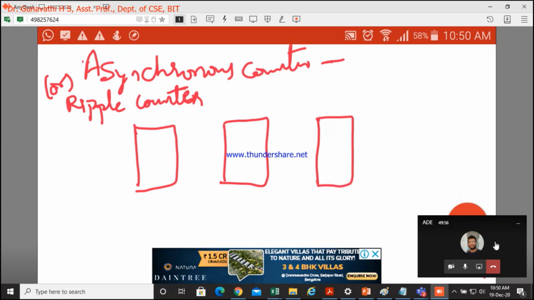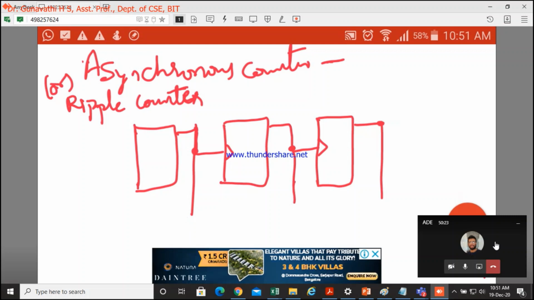So how are we going to design in an asynchronous? One thing is known to us. The output of the first stage should be given as a clock for the next stage. This is known to us, right? When the output of the first stage is being given as the clock of the next stage, how are we going to extract the output? The output will be extracted across all the stages.